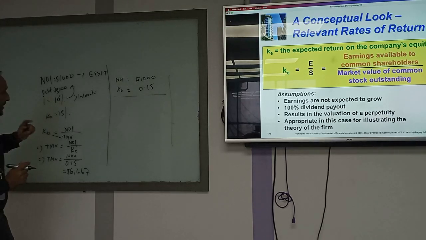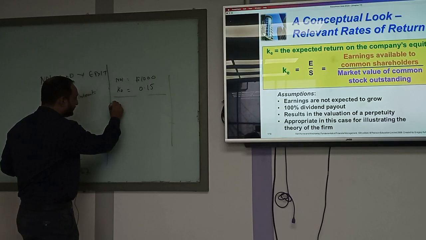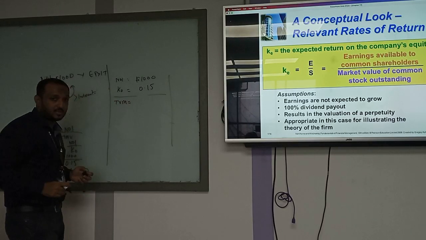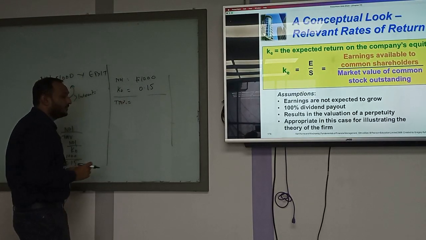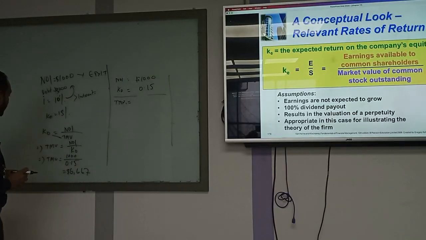Okay, so similarly, what is my total value of the company? Total market value of my company. What is my total market value of my company? Same. এই যে ফর্মুলা করেছি, ইন্টারেস্ট রেট কি সেম থাকবে না? সরি, ইন্টারেস্ট রেট কিন্তু সেম থাকবে। সো এখানে আমি কি করেছি দেখেন, টোটাল মার্কেট ভ্যালু কিভাবে ক্যালকুলেট করেছি। ক্যাপিটালাইজেশন রেট তো আমার দেয়াই ছিল, সো 1000 divided by 0.15, that means the capitalization rate. So the value of my company is 6,665. There will be no changes in the value of my company.